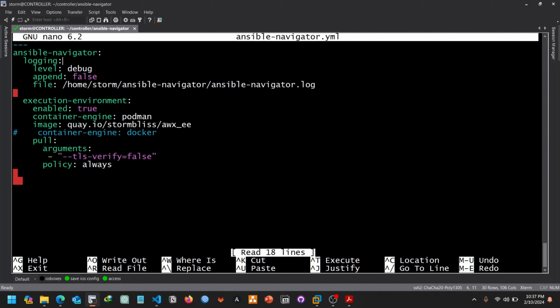And we have a logging section. So we're going to log all the activities going on. And we have the level set to debug. So we want to see in detail what is going on. And append. So for every execution that we run, or let's say for every window of Ansible-Navigator that we run,